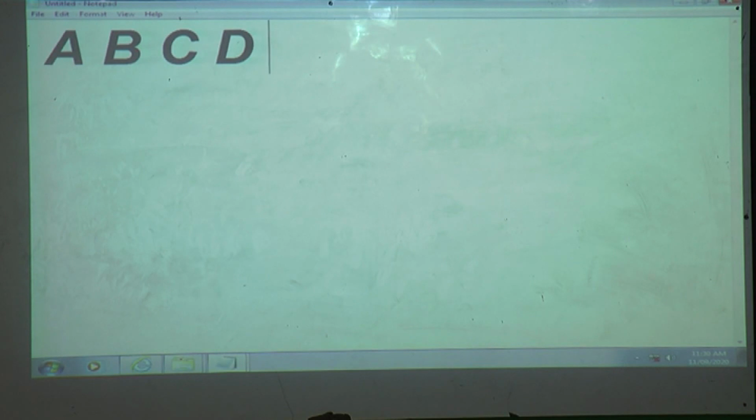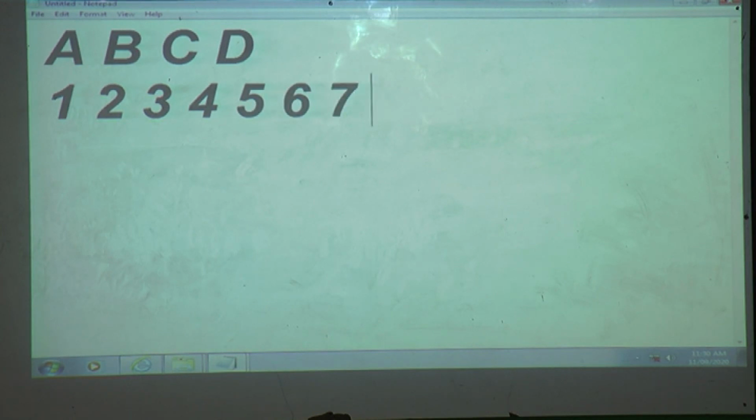Next, if we want to write numbers here, then how to write? Now I want this cursor on the next line. Then which key is useful for taking the cursor to the next line? Yes, Enter key. Then by using number keys or numeric keys, how many numeric keys are there? Two sides have numeric keys. Got it? If you want to write numbers, that time numeric keys are useful. And how to save it?